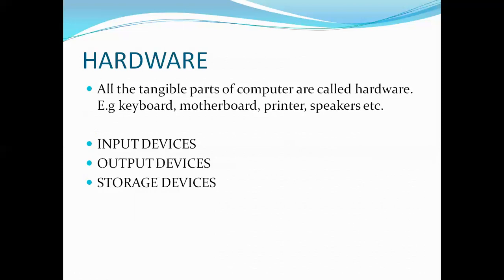as input devices. Output devices are those devices which give the output to the user. For example, your screen of your system, that is called monitor, and printer and speaker, they give sound. So all these are the output devices. Plotters, etc., all these, they are basically used for giving the output to the user.